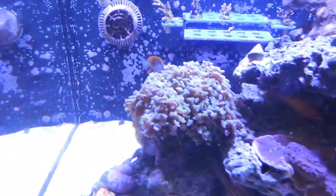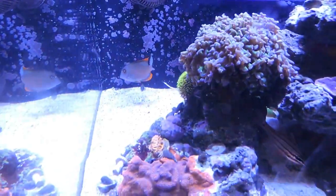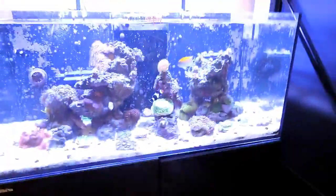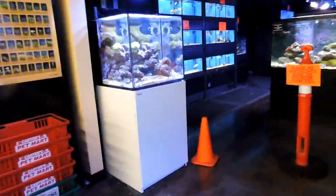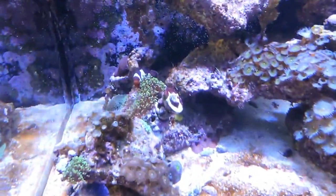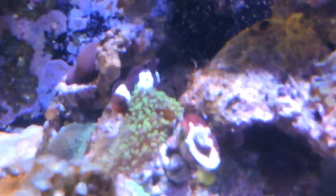It has a bunch of corals, like, as you can see, the hammer. They have the wall hammers. They have a bunch of corals. This tank looks really nice. The water looks crystal clear. I think he has 20. The high door is 26. Here's a tank that I love. This is the Red Sea E270, and it hosts